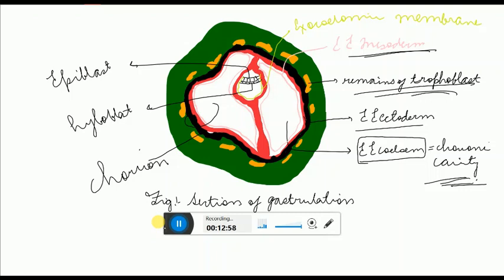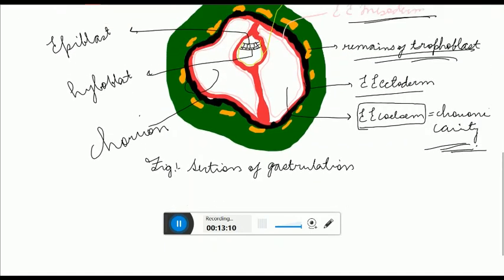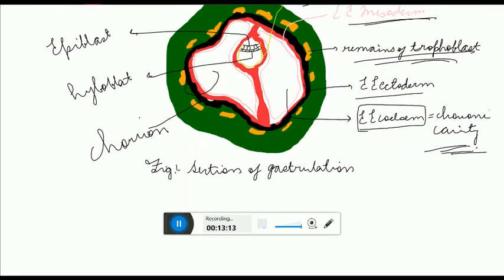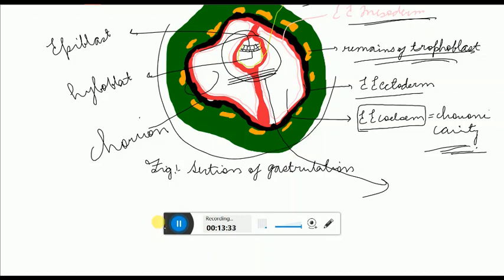Yeah, this is chorion. This light green color is the exocoelomic membrane. The above layer is epiblast, the lower layer is hypoblast. So so far we have seen the formation of extraembryonic ectoderm, mesoderm, and chorionic cavity. Now we will look at the formation of the embryo, the formation of definitive endoderm. That is, we will look at this section only. From now, I will ignore the entire rest of the section, because we are concerned about this section only.